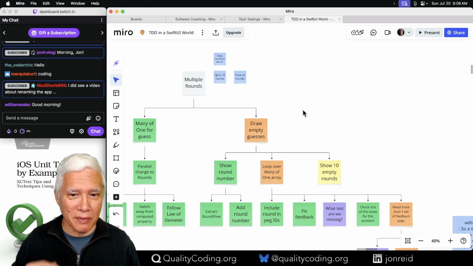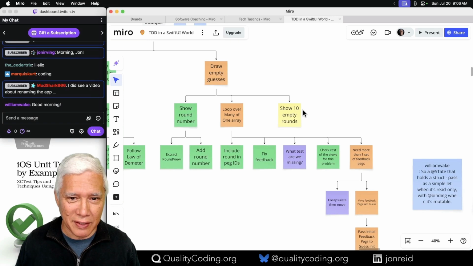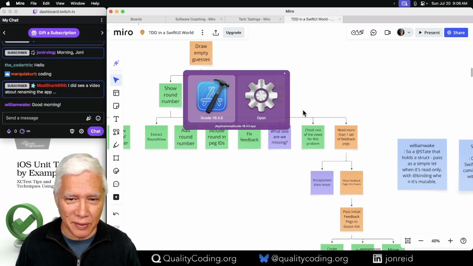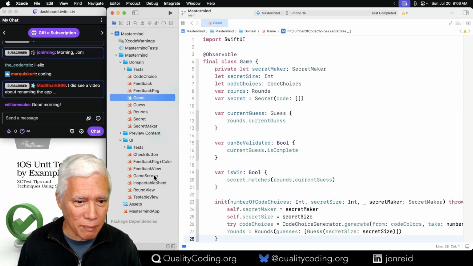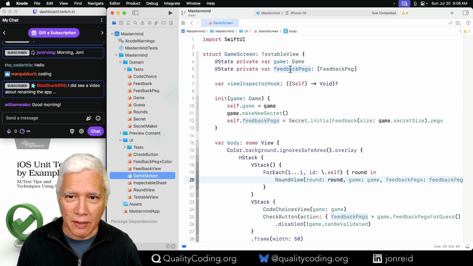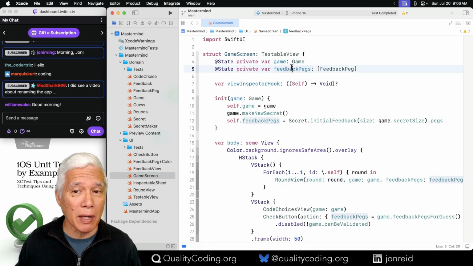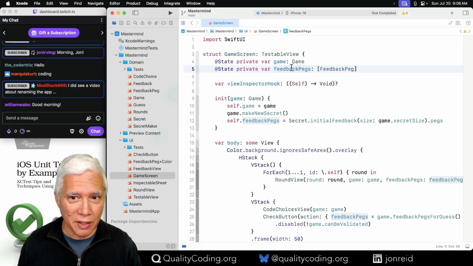And we want to have feedback. We discovered that in the game screen, the game screen has feedback pegs. Now, the feedback pegs are not a view. They are a domain idea.